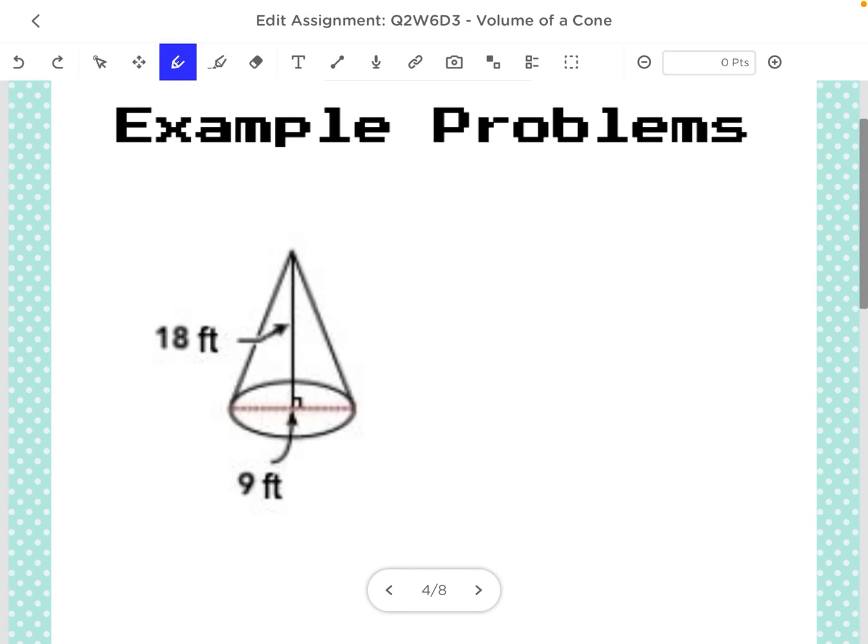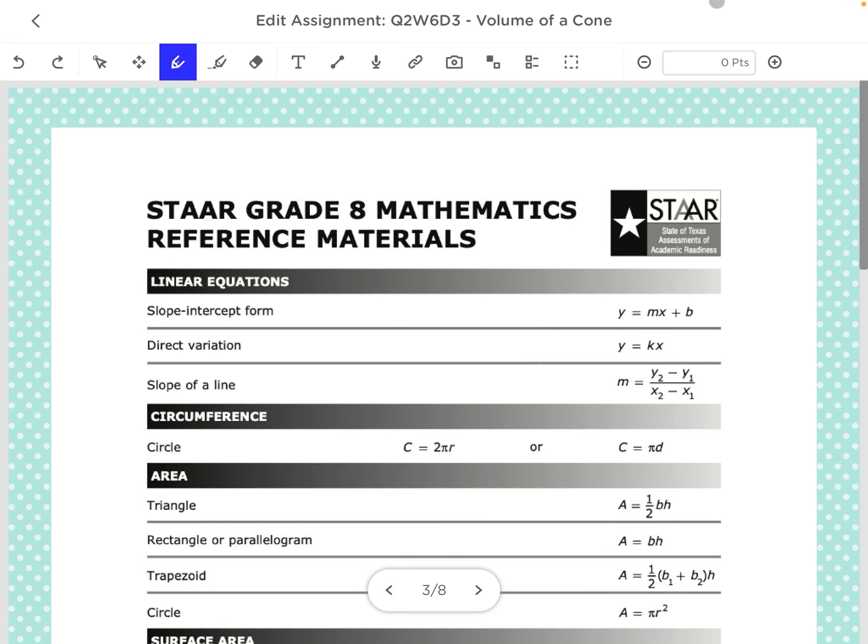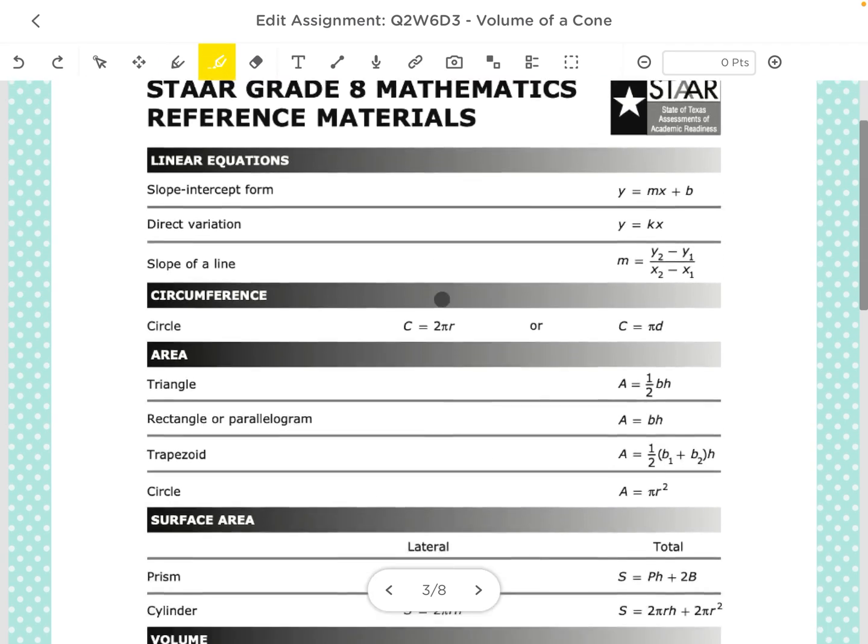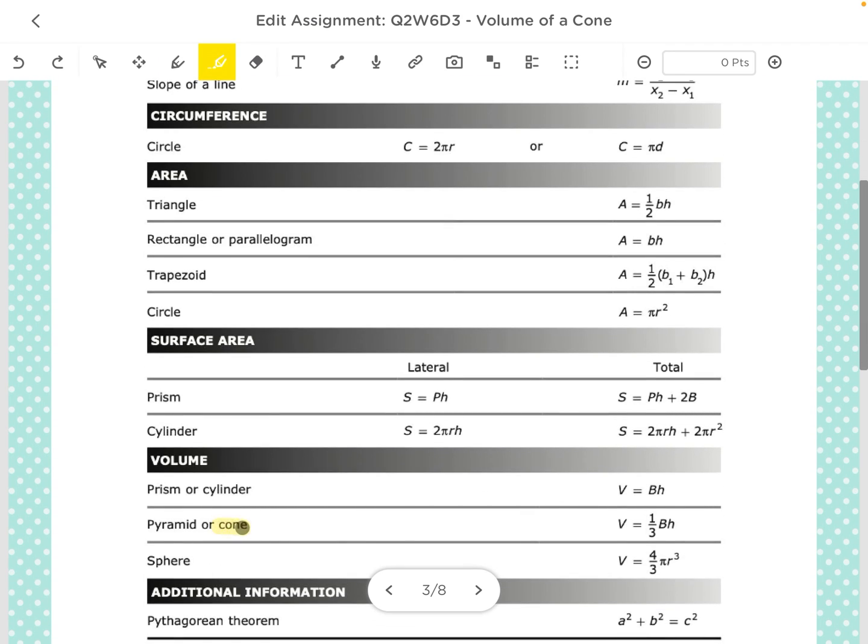All right, y'all. So we're gonna start looking at how to find the volume of a cone. This is gonna be very similar to what we did yesterday with that cylinder. We just have a little bit different formula with this. So if we look over at our formula chart, our formula for a cone for volume is going to be